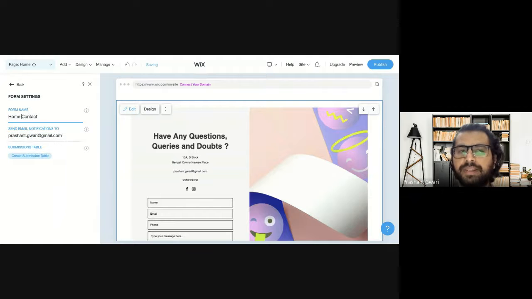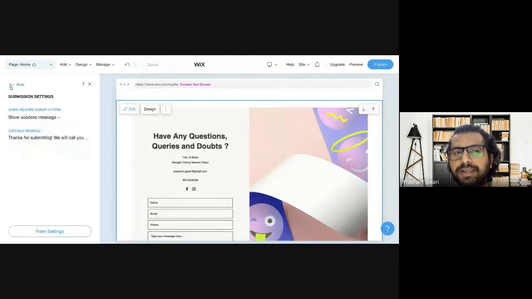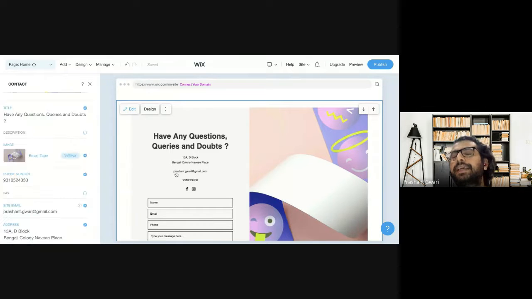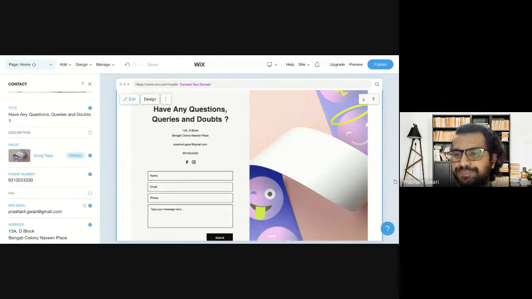When I receive a home contact tag, I will know this lead is coming from the home page. Then you choose which email ID will receive your customers' leads, your personal or professional email ID, and you can change it from this section. So this is all about the contact us form part, where you can create or customize your section.